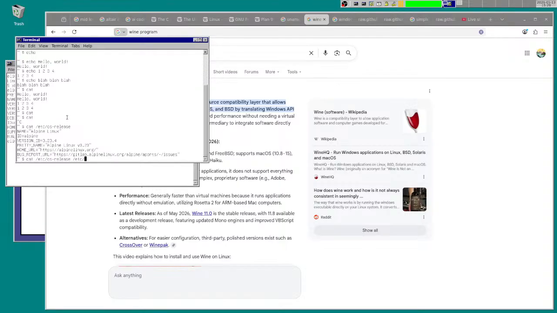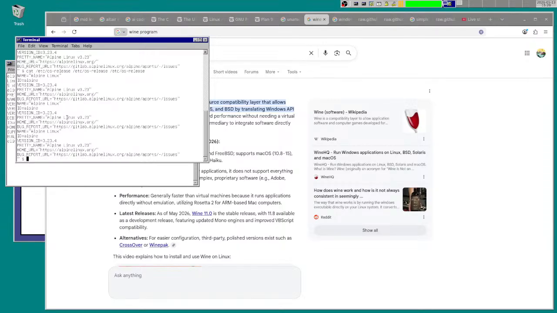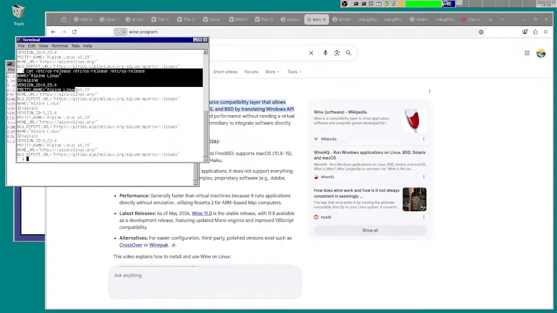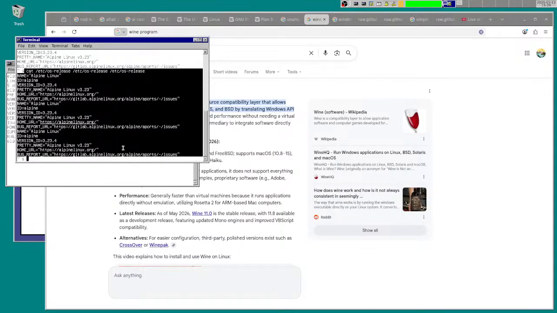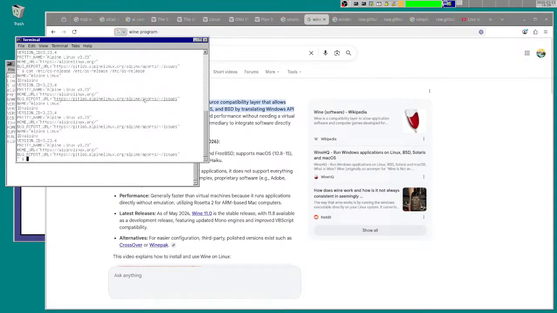If I do it 3 times, then I've concatenated the same file 3 times to the standard output. And there it goes. See, it did it 3 times here.